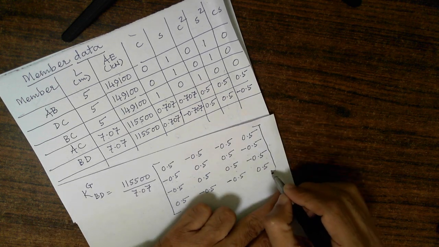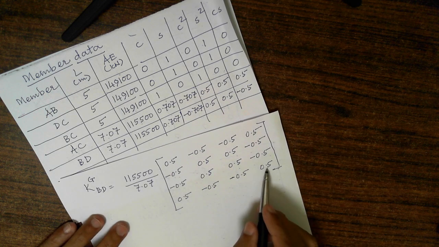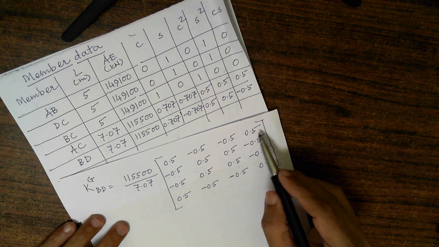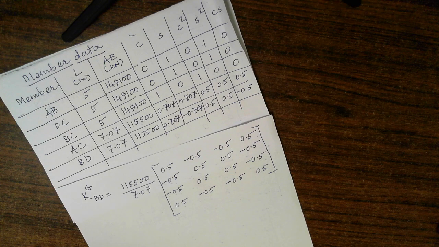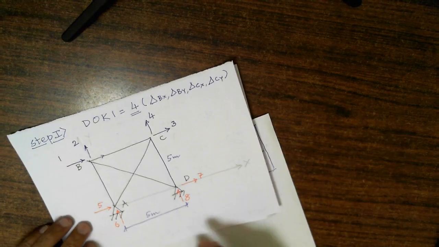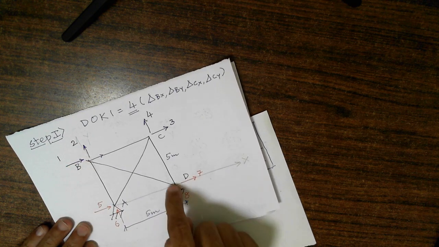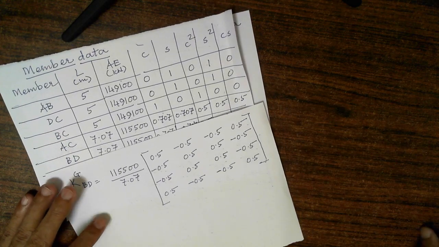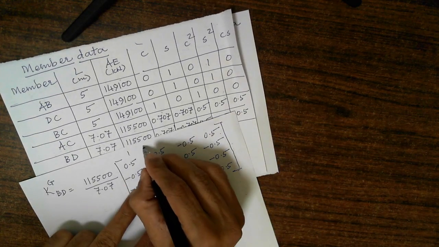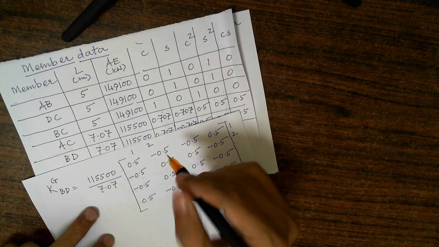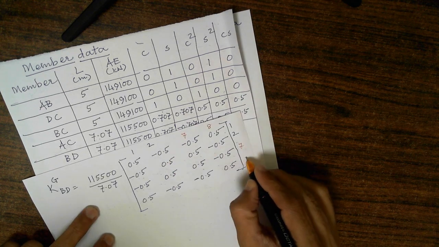Friends, follow. We have to work smart. Follow the rule: all the diagonal elements must be positive and other elements must be symmetrical, and the addition of a row or addition of any column should be equal to 0. So this is member BD, I have written the matrix for BD. Only thing, I need to exercise some caution while writing the matrix for BD. Now what is the designation of BD? It is 1, 2, 7, 8. So I am writing 1, 2, 7, 8 by 1, 2, 7, 8.